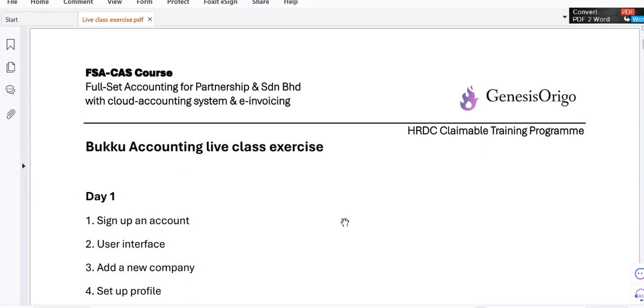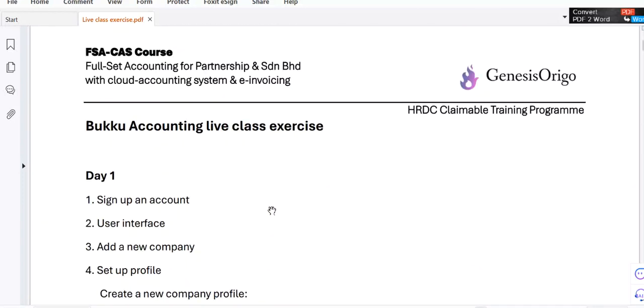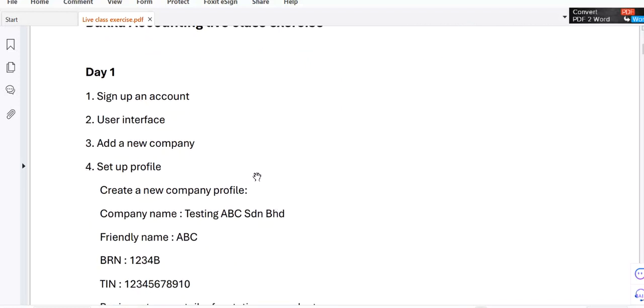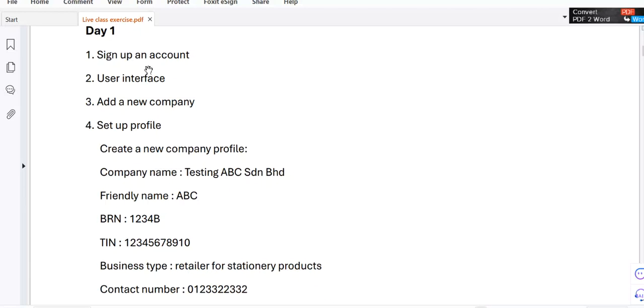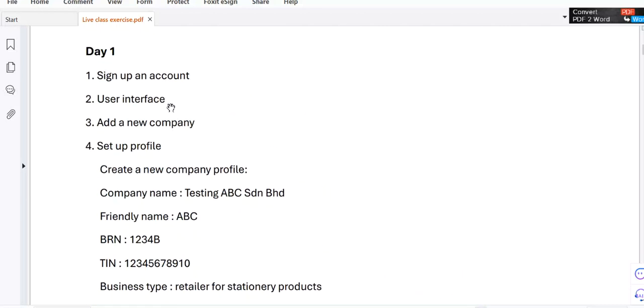We briefly go through first the outline for these few days, every Monday, 6:30 to 8 o'clock, the live session. Then we'll zoom into what we're going to do for today. Today we'll do a sign up of an account. We have a lot of introduction to this Buku online software, and we'll set up a new company profile, getting ready for the recording from next week onwards. So day one is more like the introduction, introducing the software to you, and we'll set up our